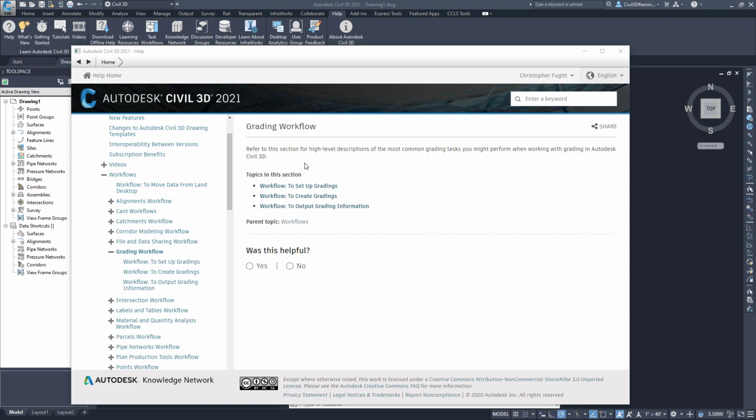Refer to this section for high-level descriptions of the most common grading tasks you might perform when working with grading in Autodesk Civil 3D. Topics in this section include workflow to set up gradings, workflow to create gradings, and workflow